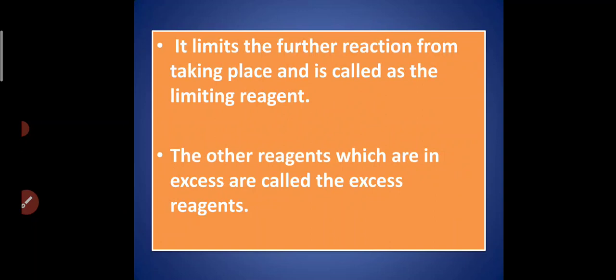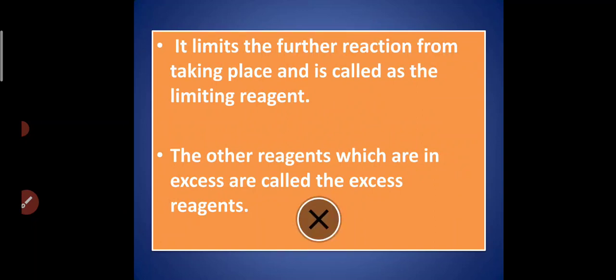So which means, in that reaction, if there are 2 reactants and one reactant has been taken in a much lesser amount, unknowingly, or non-stoichiometrically we have taken a lesser amount of reactant out of 2 reactants. So the product formation will be stopped because of that one lesser reactant. So product formation will not be 100%. We will get only as much product as the reactant available allows. So that reactant or reagent only we call a limiting reagent.